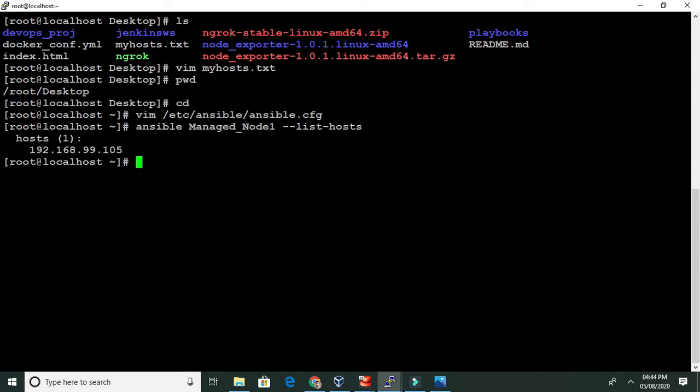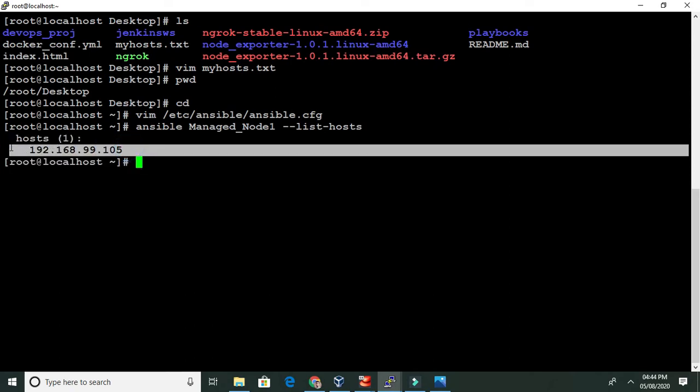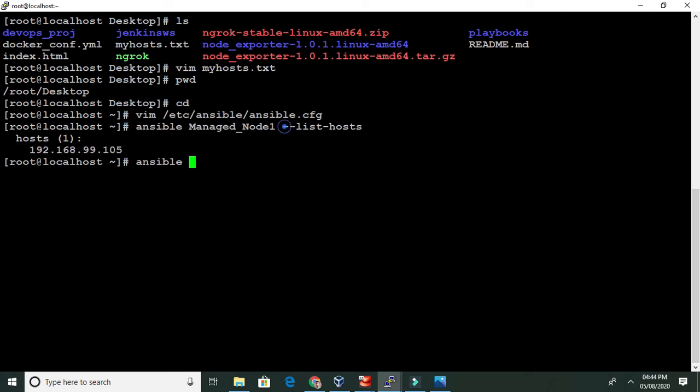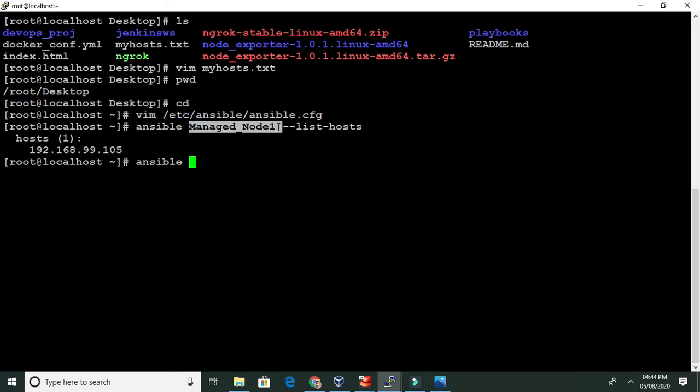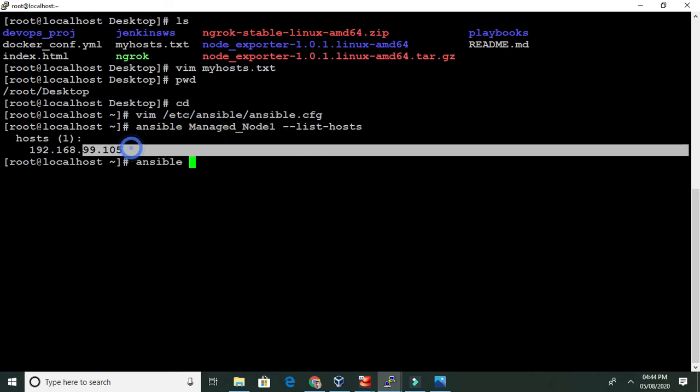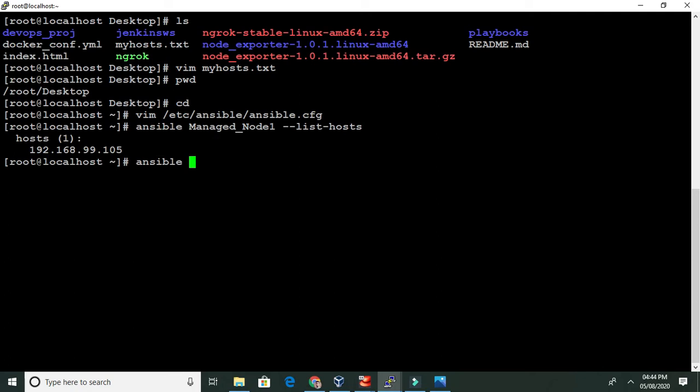You can see here it first searched the inventory. What we passed with this command is: Ansible, show me the list of all the hosts of this managed node. It shows me that host from the inventory, the managed node IP. Now let's ping the managed node.